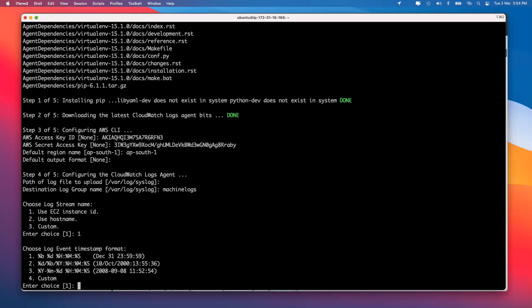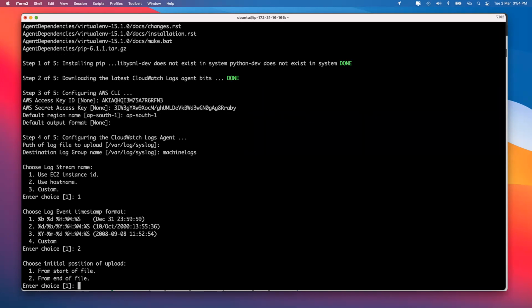So for that, I pressed enter, and finally it will ask you in what format you need the logs. It can be in this format, for example this. It can be in this format. In India, we use something like this: date, month, and year. Or in case of the US format, you have year, month, and the date. So it entirely depends on you in what format you want it. I am selecting option 2 over here because I want it to be like this. Now, if you have a specific thing, you can make it like date, month, year, and then hour, minute, second, and it will show up in that format.